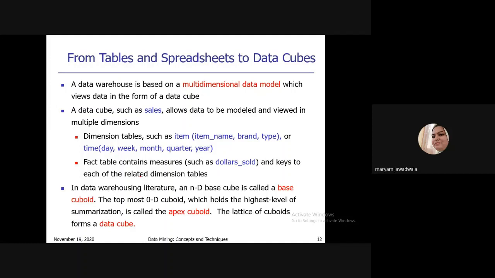So you can think of data warehouse modeling as a collection of several dimension tables and one fact table. So what is the role of the fact table? The role of the fact table is to connect all the dimensions, and the fact table also consists of some of the measures. For example, dollars sold. This is a currency. Dollars sold is a currency. So this is a fixed value which consists of some values, and you are going to store it in the fact table.